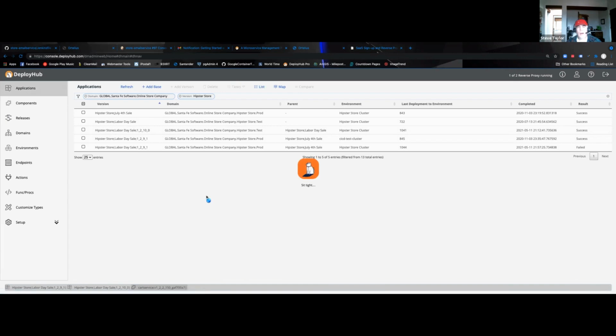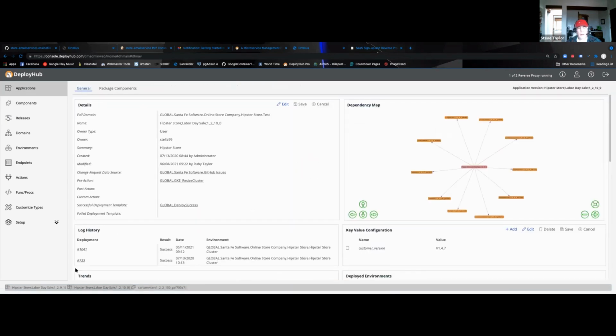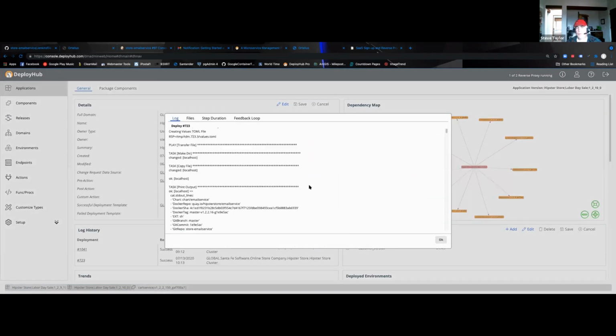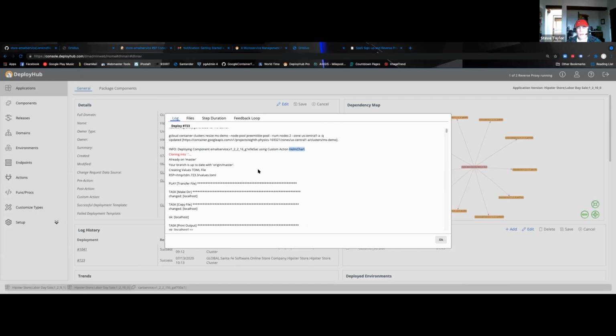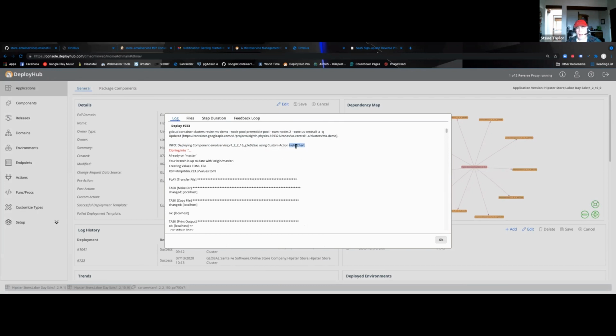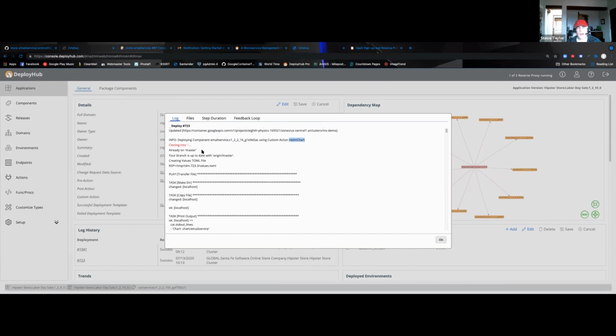I think we're in 10 before. Look at one of these older deployments. Yeah, there we are. So we did our resize and now we're doing our deployment. The deployment engine figured out, oh, I have to put a new version of the email service out into the cluster, and it's going to execute that custom action, the Helm chart one. One of the things that the Helm chart action does is it actually checks out the code from GitHub,